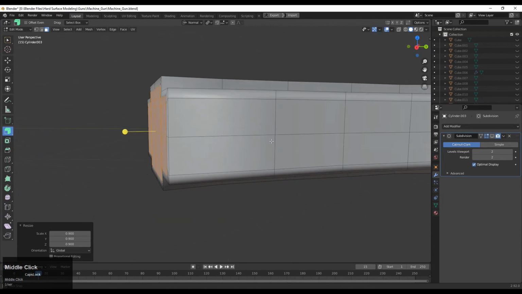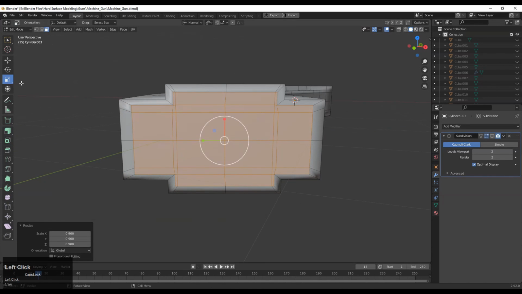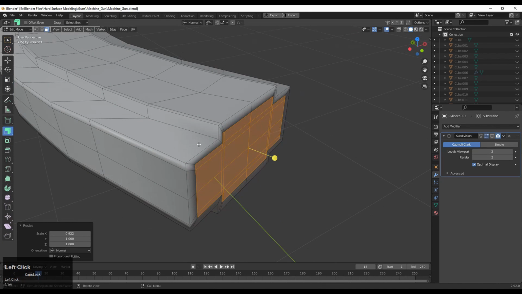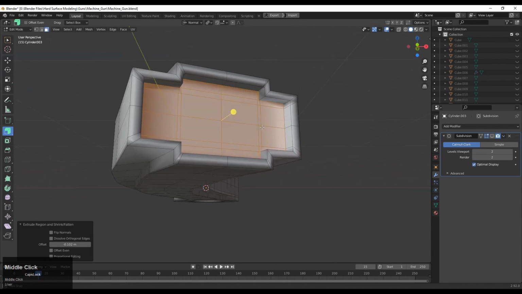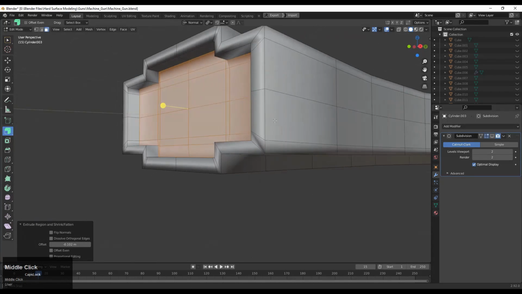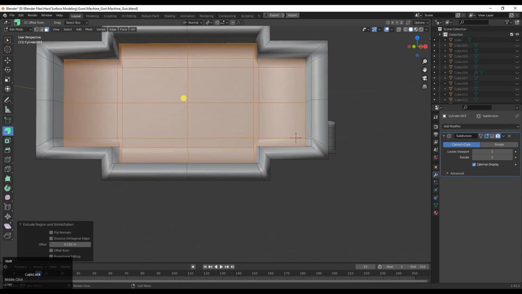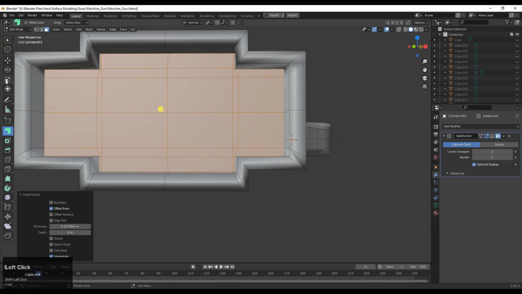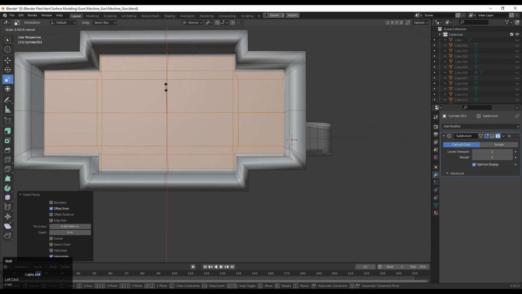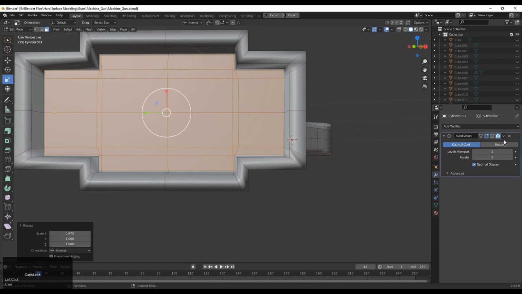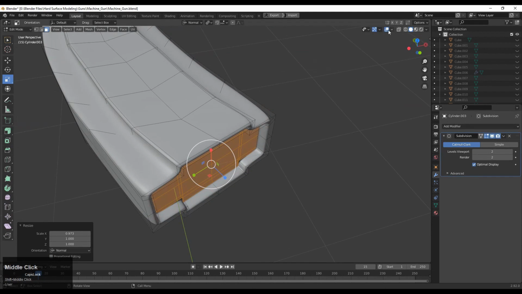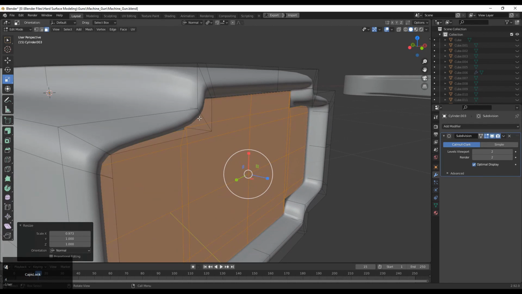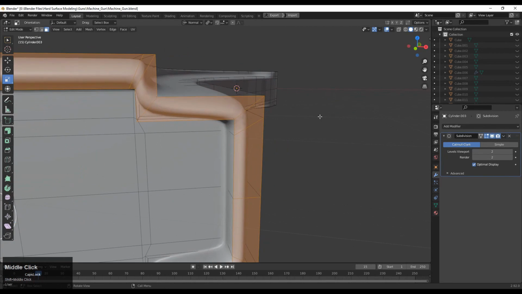So you need to press S for the scale tool and just scale it along the different axes in a proper way, and then you need to use the extrude tool to move it along the inside. So you can use extrude along the normal for that. After that we got a little bit of design, press I for the insert operation one more time and just scale it along these different axes so we can maintain the proper scale from all sides, and we will get one face loop right there.